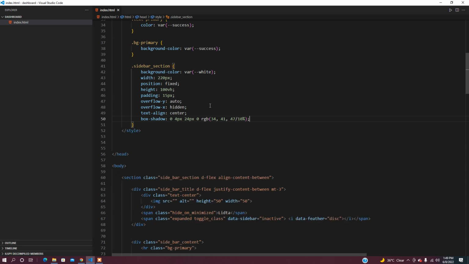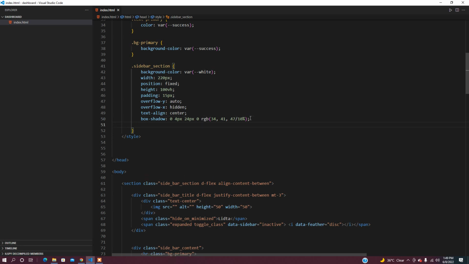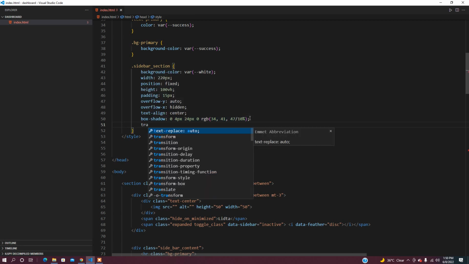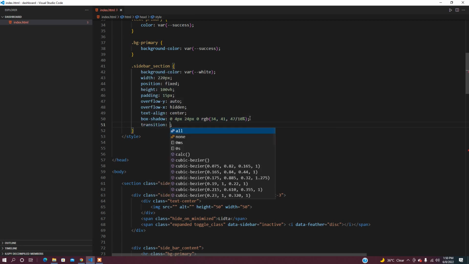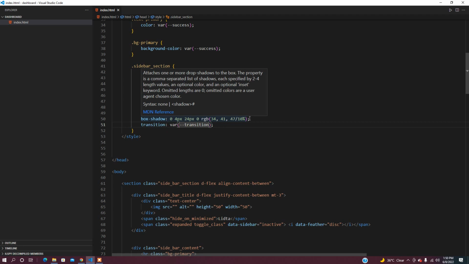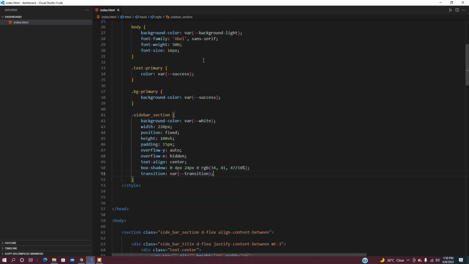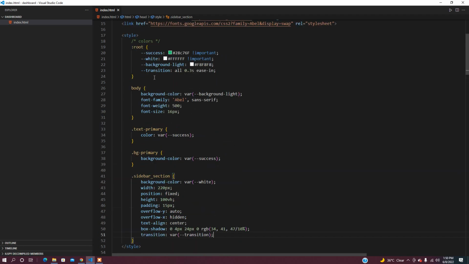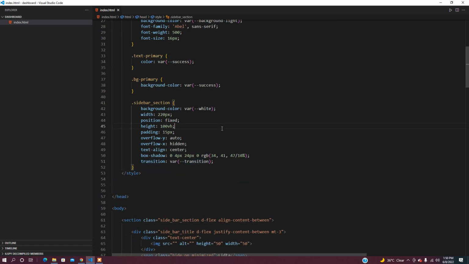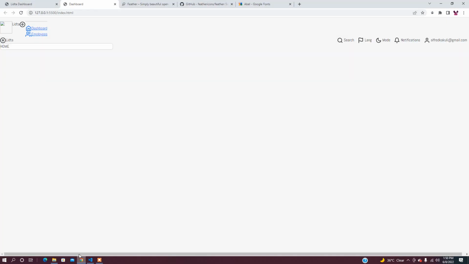And of course I'm going to define transition, because we're going to toggle our sidebar. We're going to maximize and minimize our sidebar, and for that I'm going to have transition, and we're going to use the transition that we defined earlier. So this one is the transition that we're going to use here. I'm going to save, going to my browser,